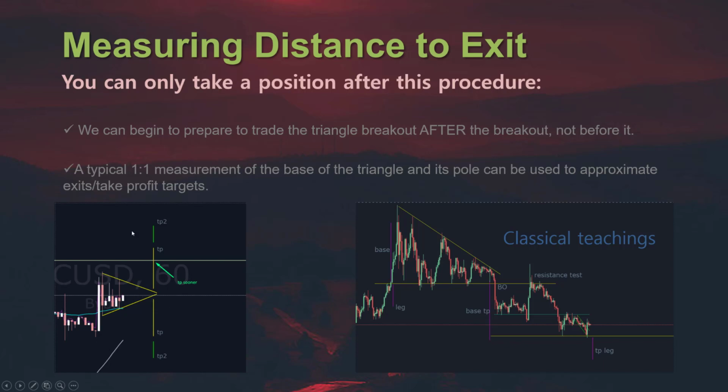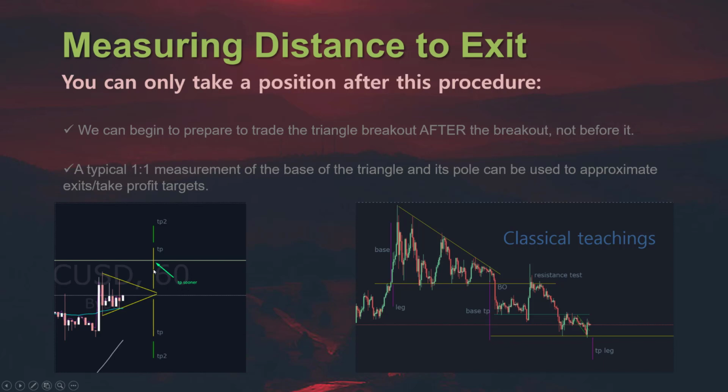It doesn't matter if we're at the bottom or at the top. None of it matters. But there's a way to measure distance to exit. A typical 1-to-1 measurement of the base, meaning the start of point A and point C over here, nearing towards point B. The base of the triangle and its pole can be used to approximate exits or take profit targets. In this case, you can see how I'm using the base over here